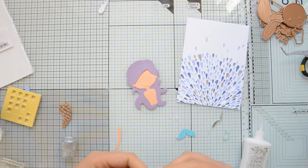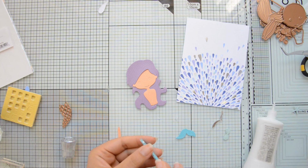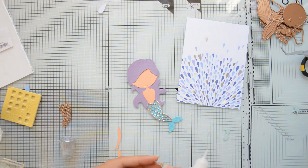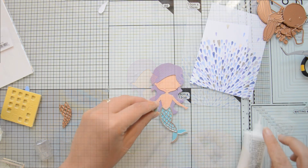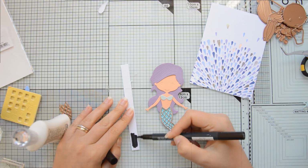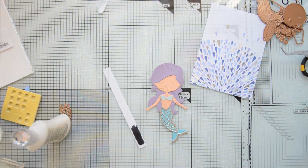And for that, I thought it would be nice to use the silver foiled cardstock. So this is a really fun die, and it's really nice to see the mermaid come together as you glue down all the pieces. I adhered also the arms and the little top,